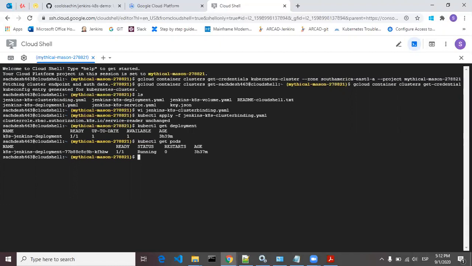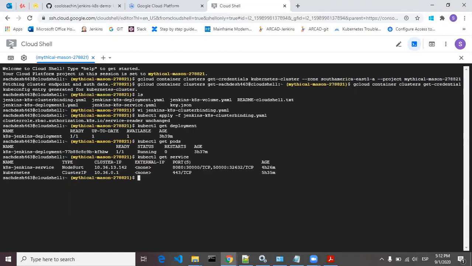Then to see the service, kubectl get service. So the Kubernetes Jenkins service is created with the type NodePort, and the node port that we have given is 30,000.